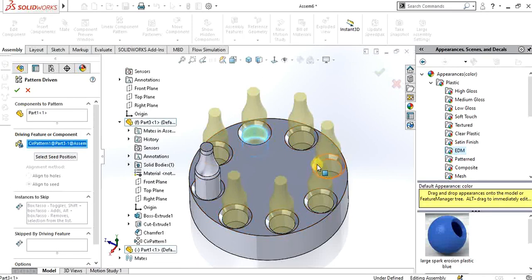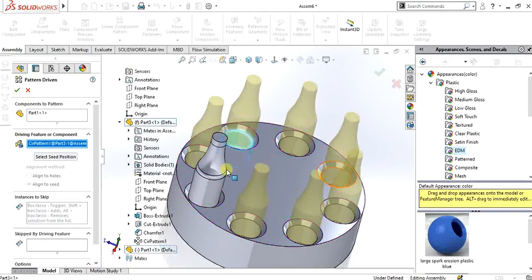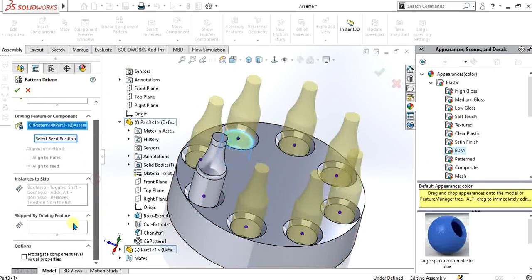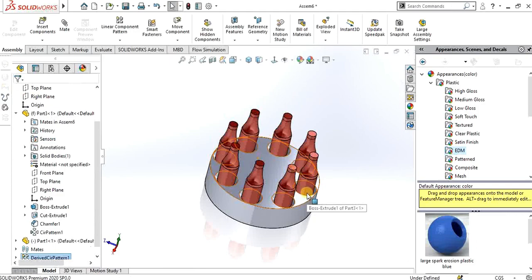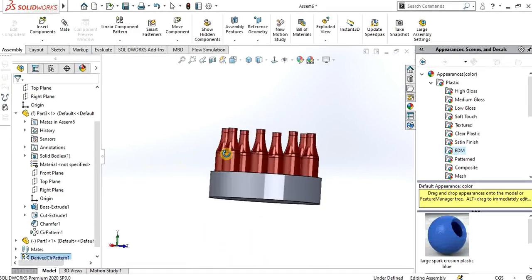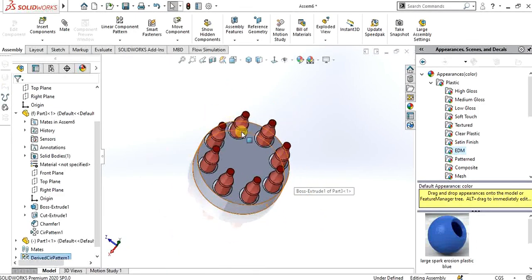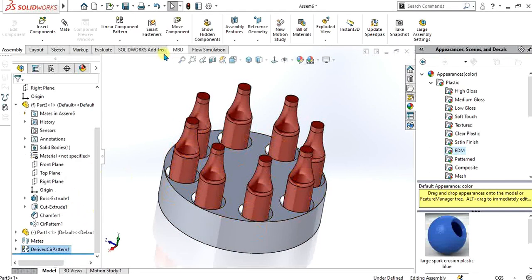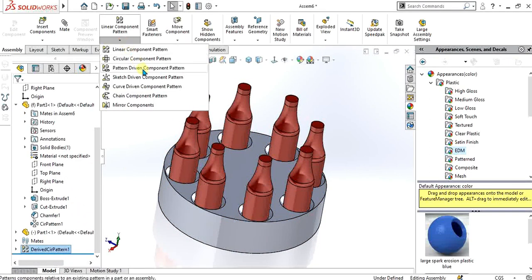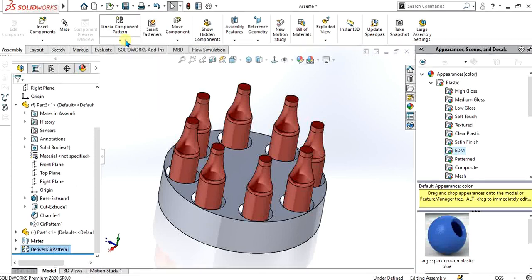This is our driving feature, and we are going to fill this using this bottle and using pattern driven component. Select OK. You can also skip the instances using this pattern driven. Select OK, and now you can see that your pattern driven component is ready. So this was our pattern driven component.